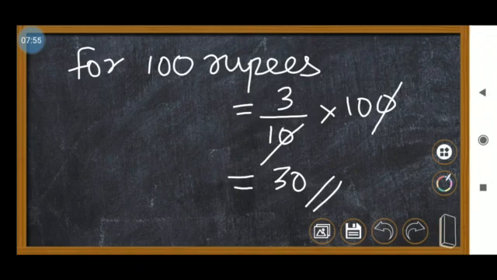Just take the situation: based on the given data, you have to change it. The cost of 105 envelopes is 350 rupees. So take the statement: when I give 350 rupees I get 105 envelopes. So when I give 100 rupees, how many envelopes will I get? That kind of thing we can calculate. If you find the single unit, it will be very easy.